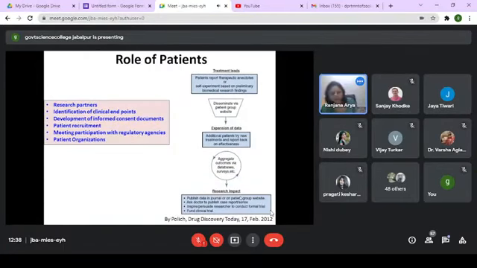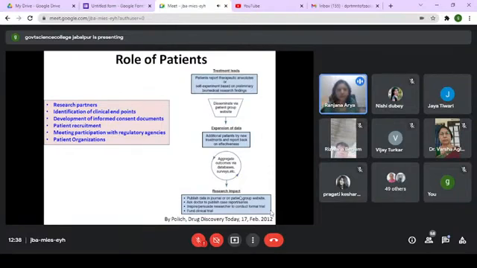And here, when we see all these therapeutic options, then we have to look at the role of the patients. That is important here, because we do not have the right kind of drugs and treatments available. So the patients actually become your research partners, because they also help in the identification of the clinical endpoints, as well as you need to inform them with the consent documents and how the disease is going to progress. And you sometimes encourage these patients to get recruited and participate in the development of the drug itself.